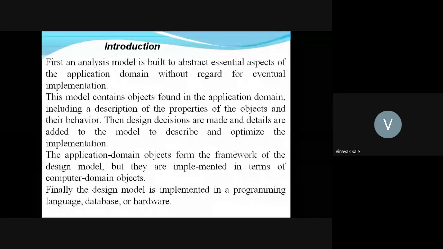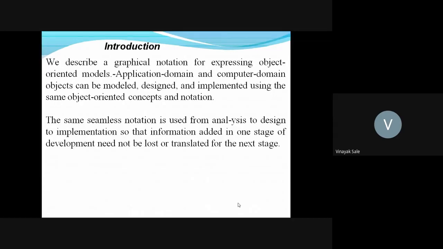The application domain objects form the framework of the design model, but they are implemented in terms of computer domain objects. Finally, the design model is implemented in a programming language, database, or hardware. So we describe a graphical notation for expressing object-oriented models.